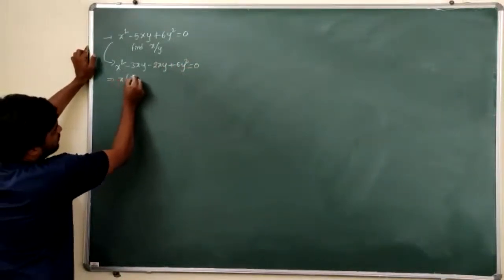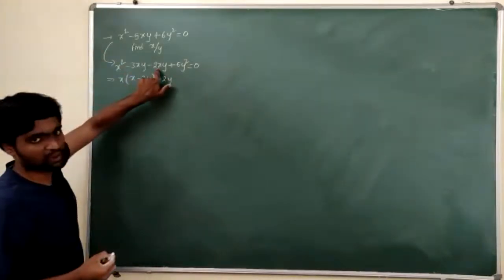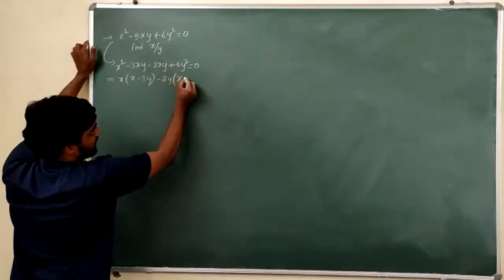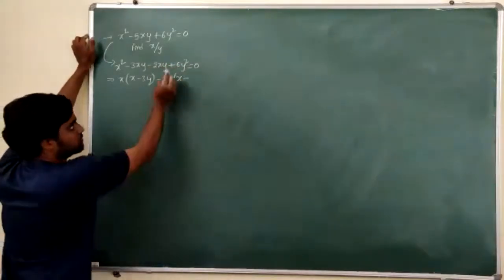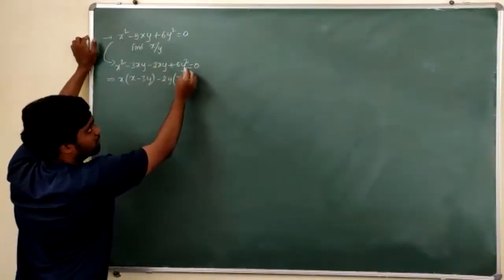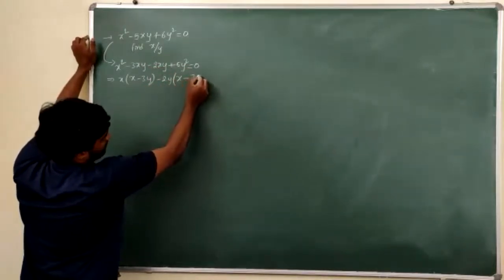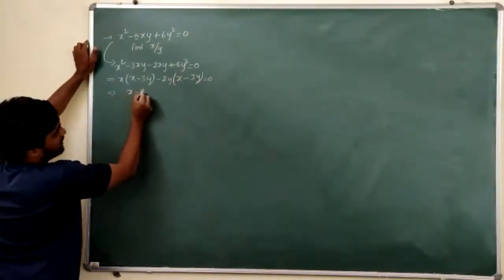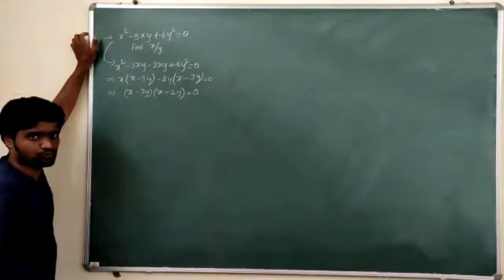So x of x minus 3y minus 2y, can I take minus 2y common? Minus 2y of, if I take minus 2y, what will be left here? X. There is plus here, but I've taken minus common, which means I'll get another minus. Because to get plus, I need minus into minus, right? I've taken minus common, so you'll get again minus here. 2y is already gone. 1y will be left. X minus 3y into x minus 2y is equal to 0.